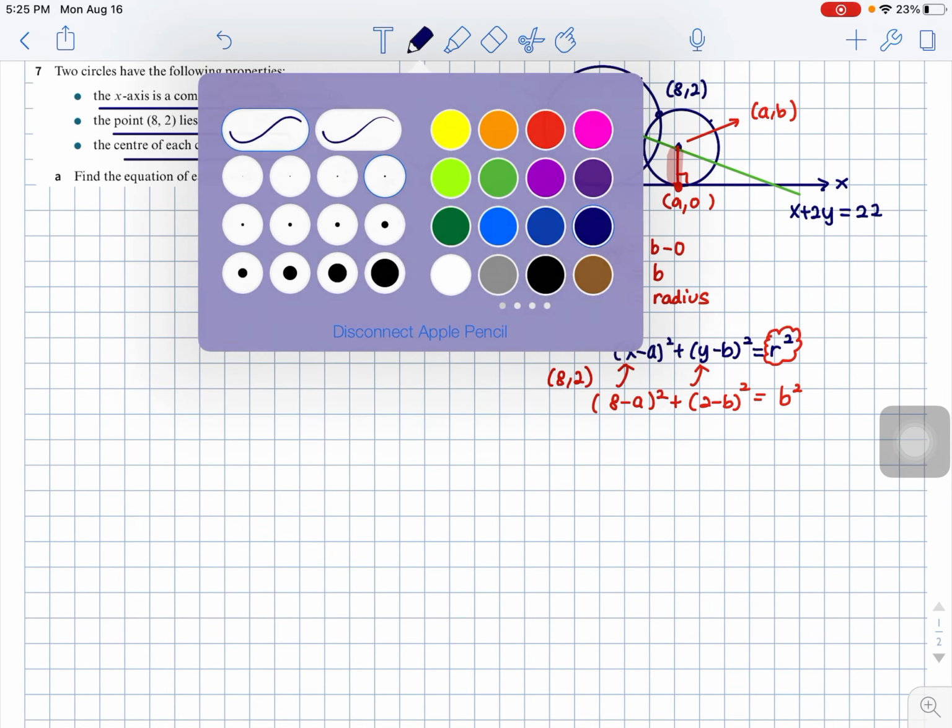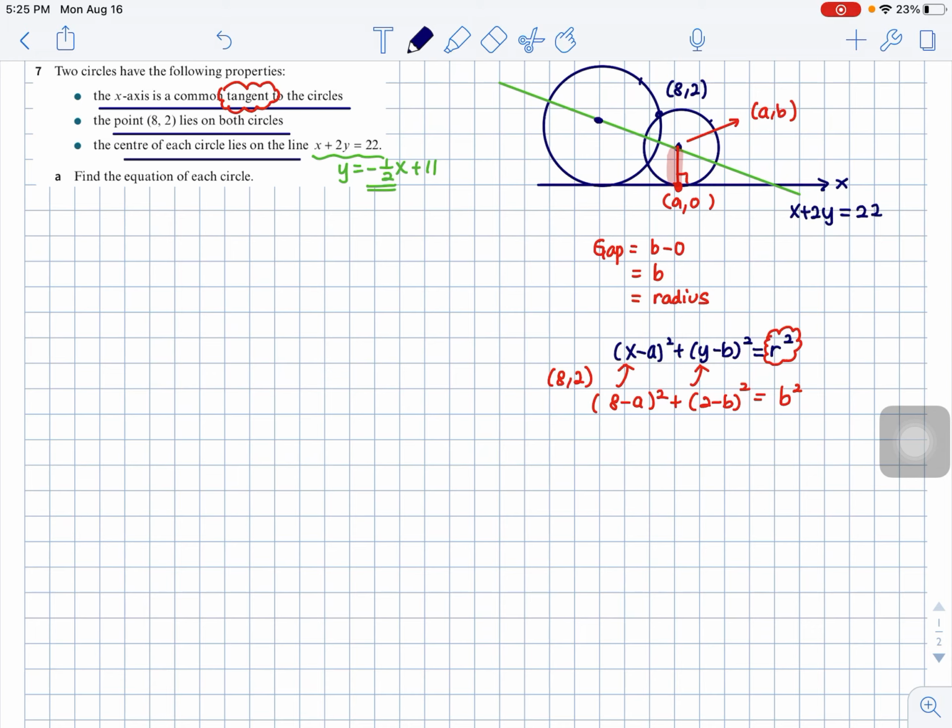Now let me ask you again, what do you want? In order to be able to answer, you need to find the value for the a and b. If I want to find the value of a and b, I'll come back here. Look at this. You have one unknown here and then another unknown here. Correct? Two unknown. If you have two unknown, then you can't solve them to find the value of either a or b. So how else can you express a in terms of b or b in terms of a? Any idea? Think about it.